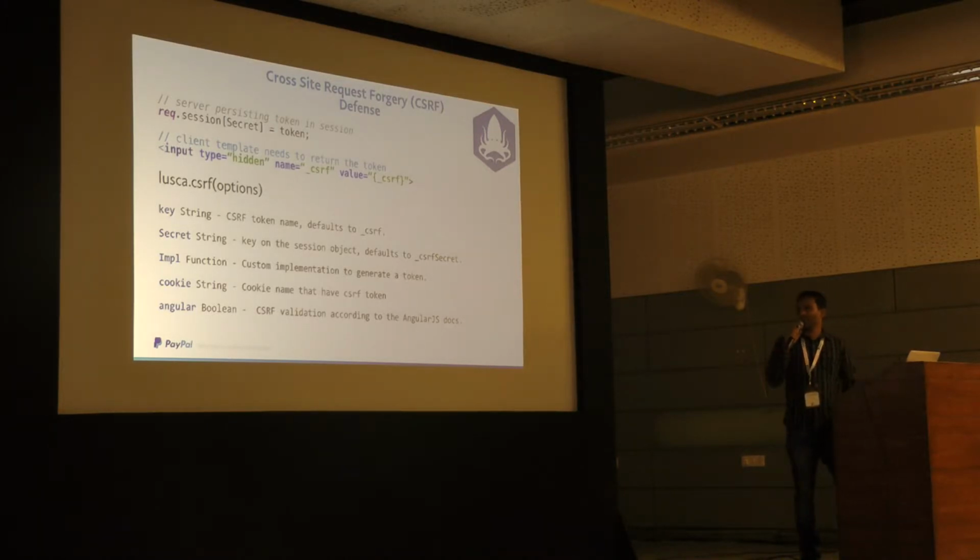We also have a plugin for implementation. By default, Looska uses the SHA-1 algorithm with salt for added security to generate the token. So you can have your own custom implementation for generating the token. Finally, the cookie and the Angular parameters are used for Angular apps. So Angular has a different mechanism for defending CSRF. So what it does is the server application generates a special cookie for CSRF which is different from the session cookie. And then it will expect the client to send a separate header which will have the token. So the server can validate the token matches with what is available in the CSRF cookie.